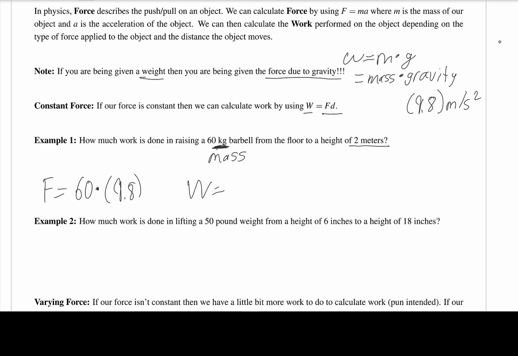Because whenever we have a constant force, meaning our force is not changing while we're moving the object, right? So while we're raising this barbell, it's not changing, right? The force is not changing. This thing still has a force of 60 times 9.8, no matter where it is in this 2 meters. So our work is going to be force times distance. So this is 60 times 9.8 times 2,